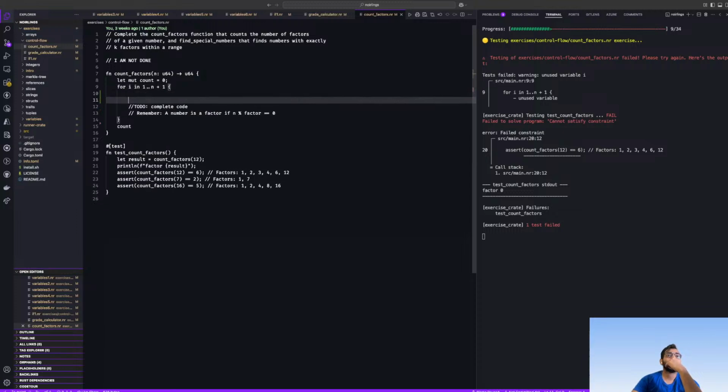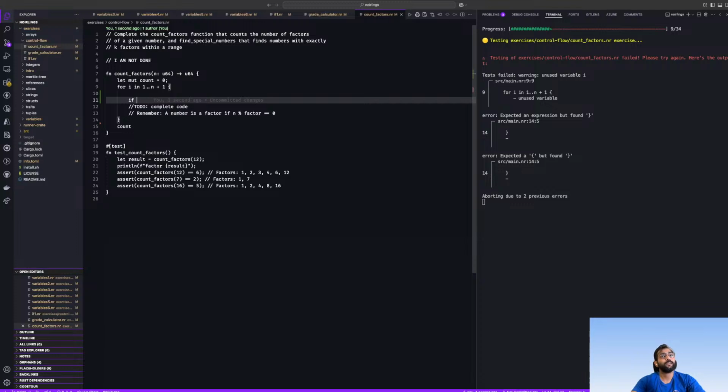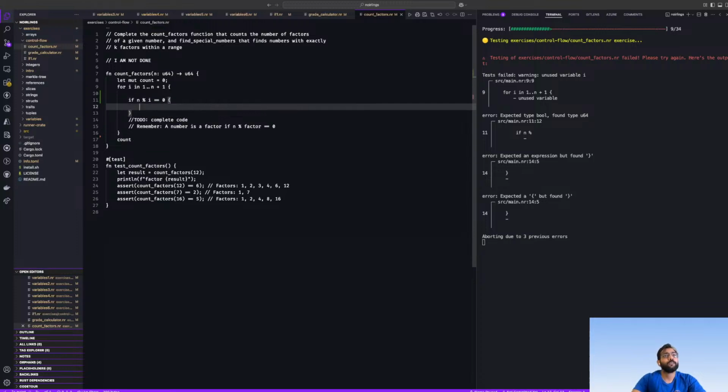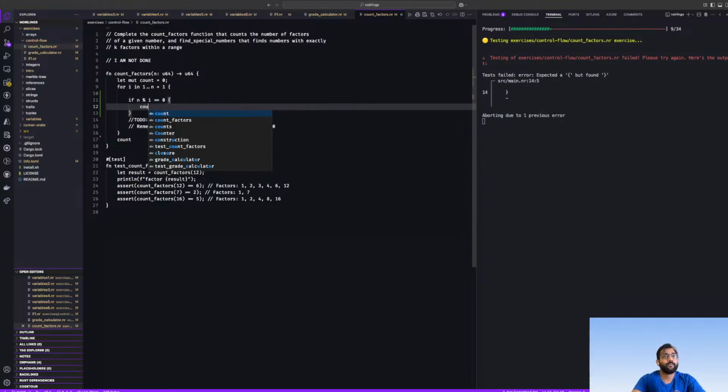So if n modulo i is equal to 0, count equals count plus 1.